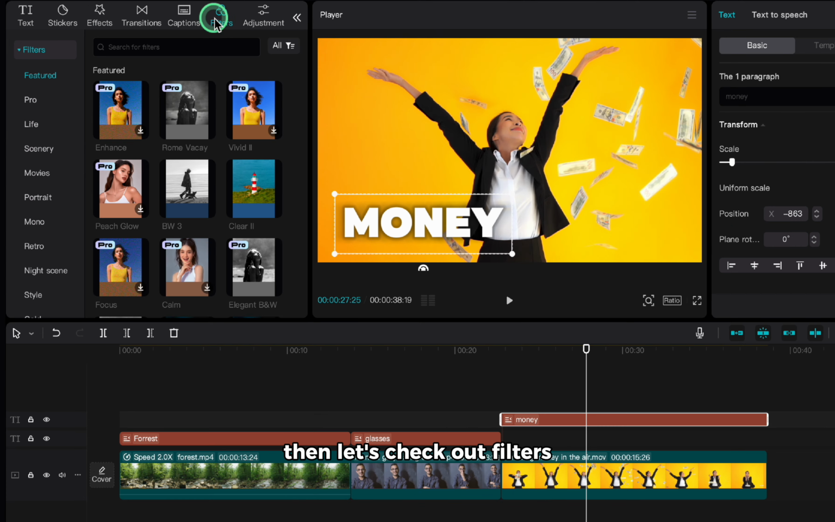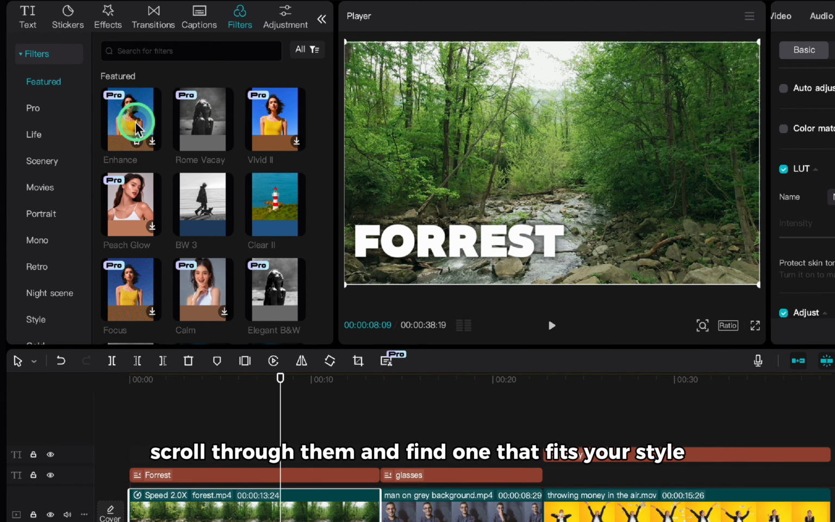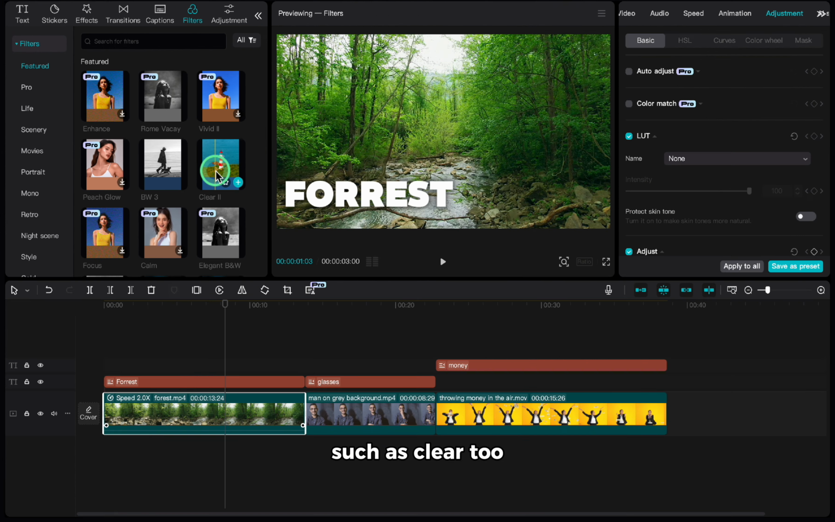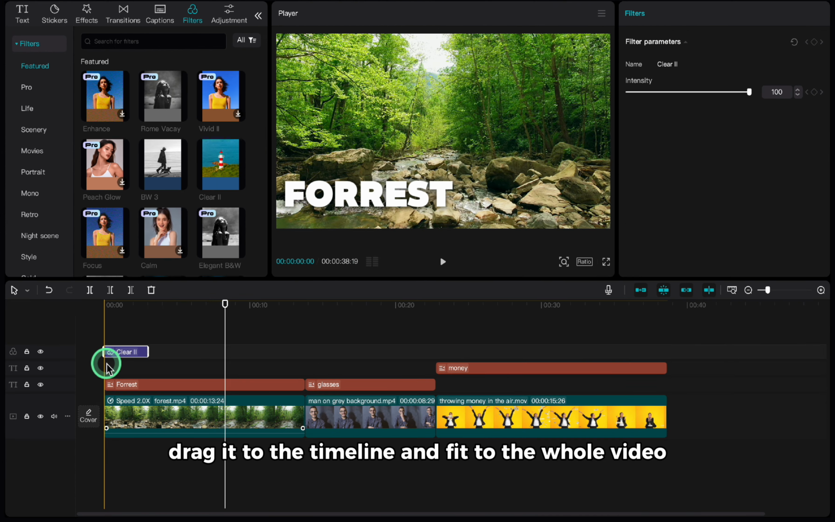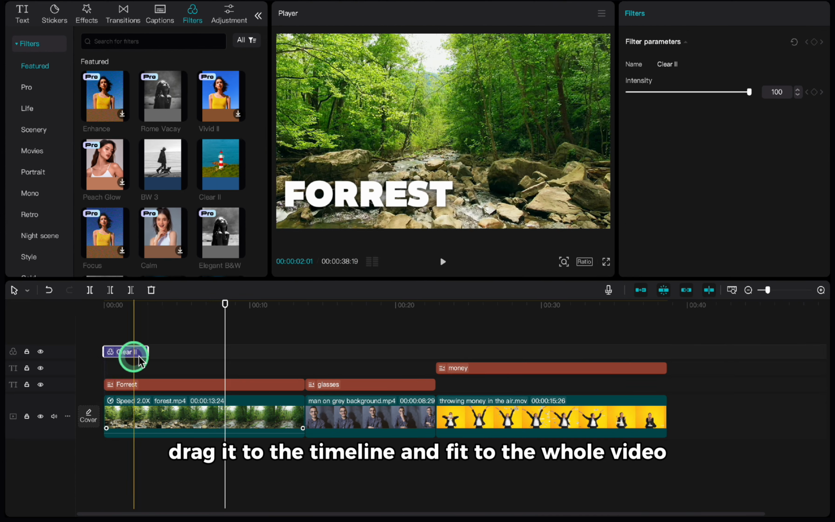Then let's check out filters. Scroll through them and find one that fits your style, such as Clear 2. Drag it to the timeline and fit to the whole video. Or you can go to Adjustment and select the Custom Adjustment. Edit the style. This is especially great for content like tutorials where you might need consistent titles, pop-up text, or